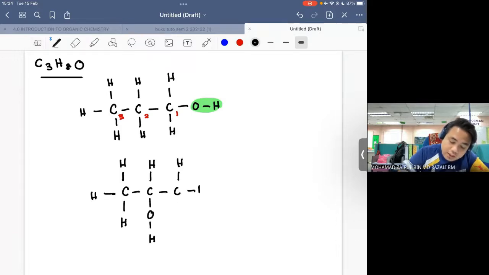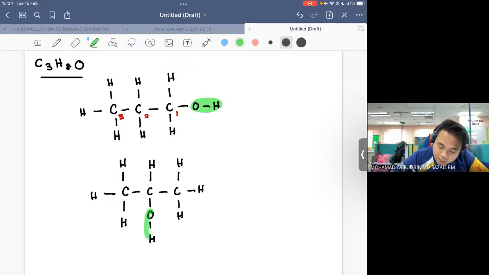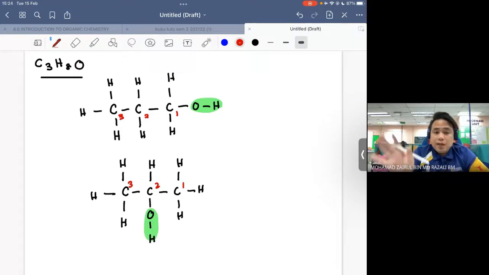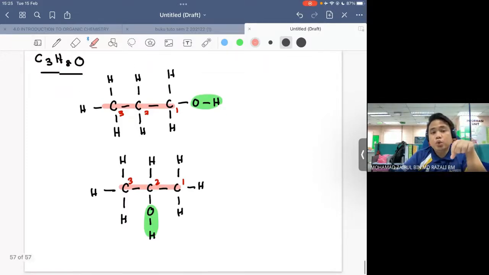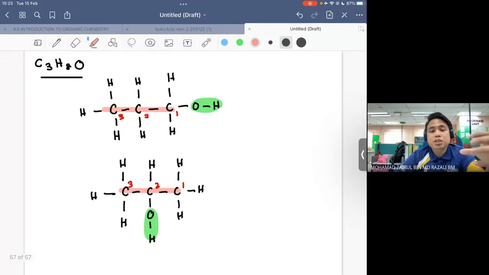So kalau awak tengok sini, the position of the hydroxyl group tu change from carbon number 1 to carbon number 2. Tapi parent chain tu kalau awak perasan, masih remain the same. Parent chain kita yang asal ada 3 carbon, yang kita dah ubah pun masih ada 3 carbon. So kalau nak jadikan positional, the size of the parent chain tu mesti sama. Dan selain macam ini antara contoh kalau kita nak change the position of the